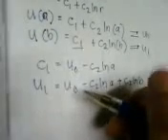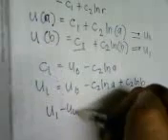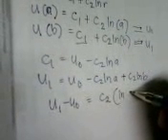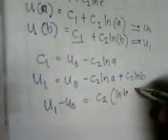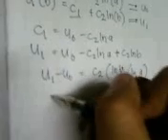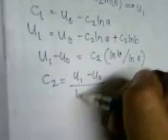Transposing u to the right side of the equation, we have u1 minus uo is equal to c2 times ln of b over ln of a. So now finding c2, we have u1 minus u sub o over ln of b